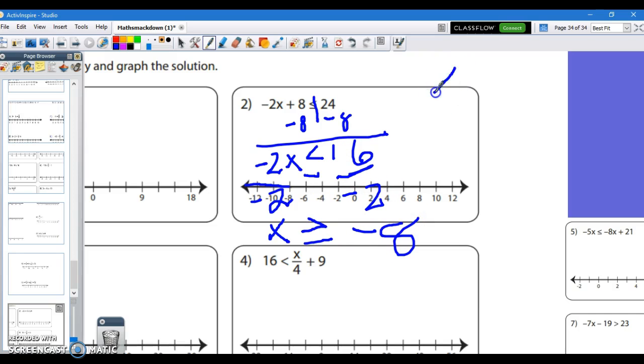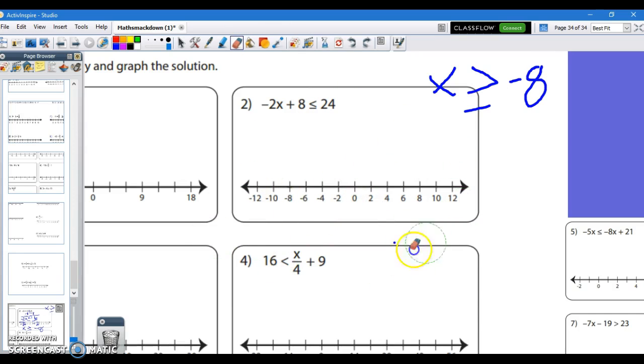So my answer is x is greater than or equal to negative 8. Okay? So let me erase this, and I want to show you something. All right,